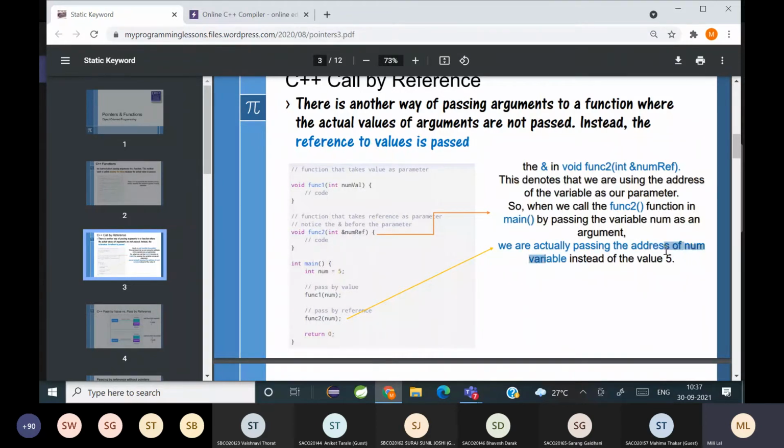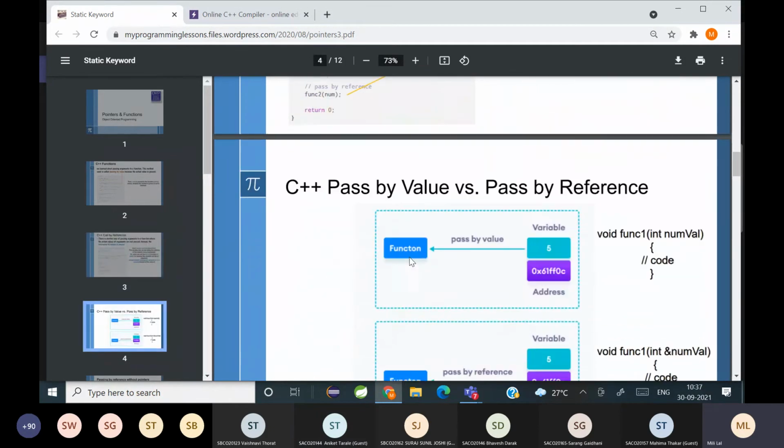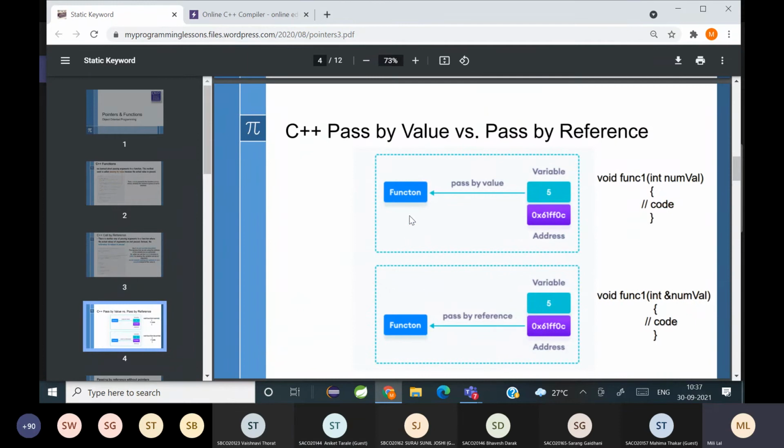We are actually passing the address of num variable instead of 5. Is it clear? Yes, ma'am. So you can see the example here, how it is pass by value versus pass by reference. When I say pass by value, I am passing the value 5, whereas when I say pass by reference, I am passing the address of 5.